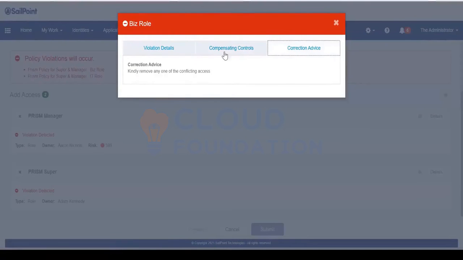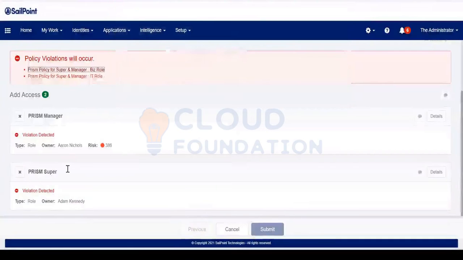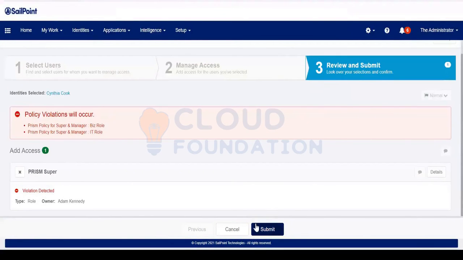The requester can go through this and understand the policy issue. Once they remove any one of the accesses, the submit button becomes active, and now the user can submit the request. Does that make sense?